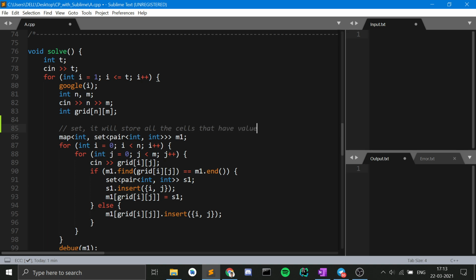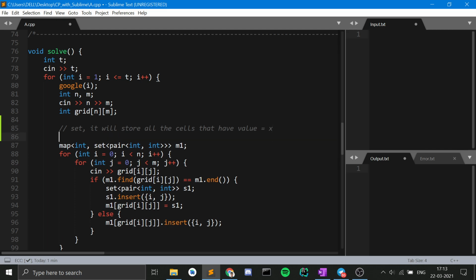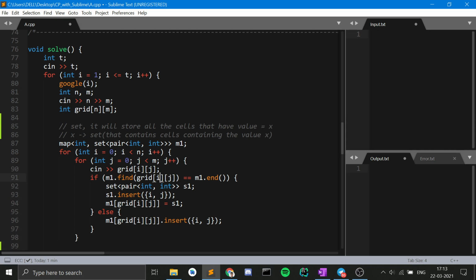Okay, so I'm maintaining a map here that, if I have a value x, it will map my x to a set that contains the cells containing the value x, right? Overall my map will map my value x to that set storing all those cells.